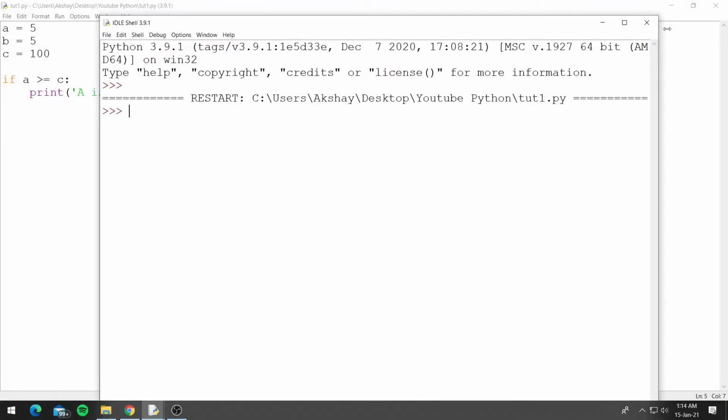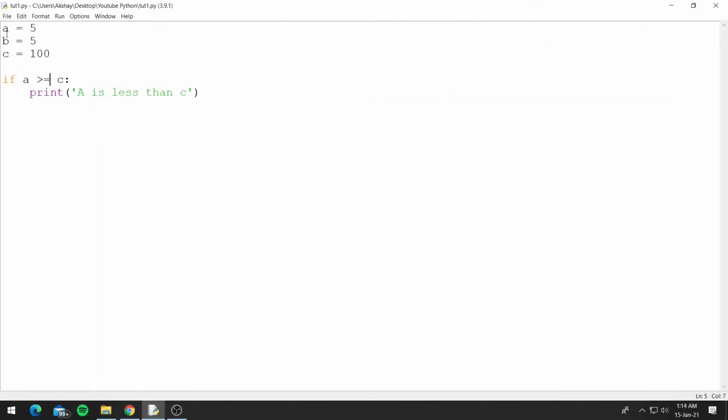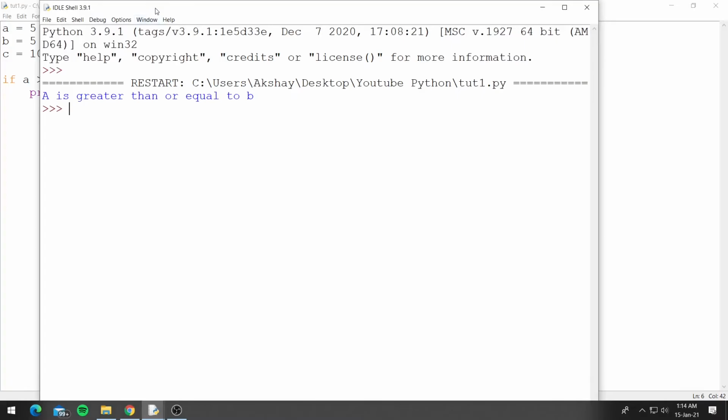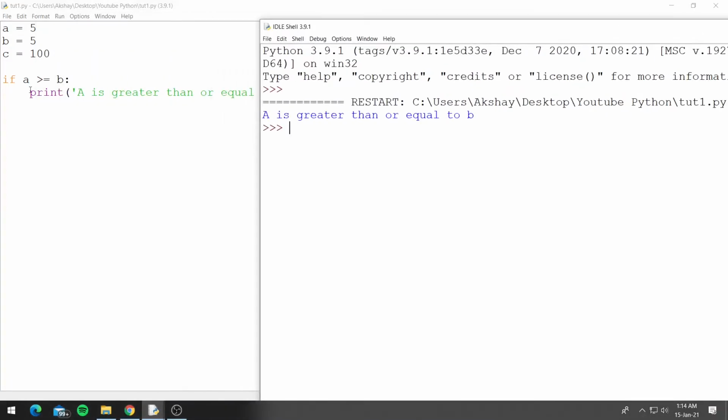Yes, it didn't print anything, but a and b are equal, so let's change c to b. And yes, it printed because 5 is equal to 5.